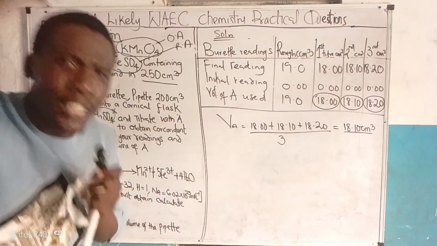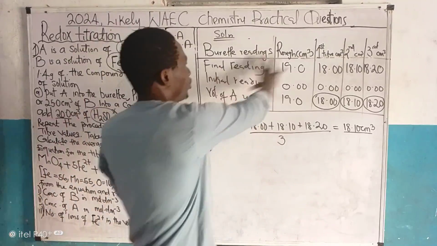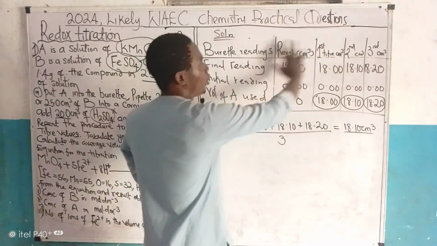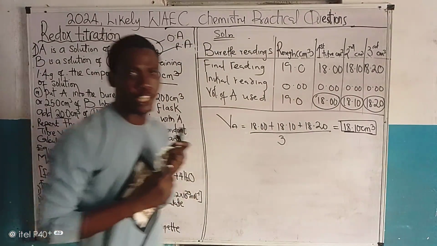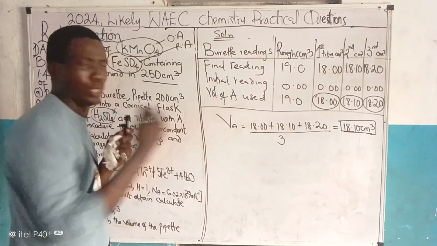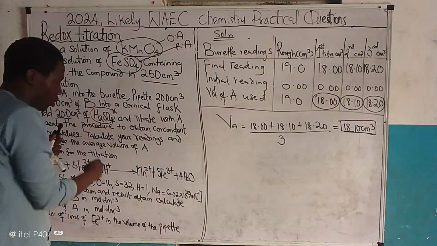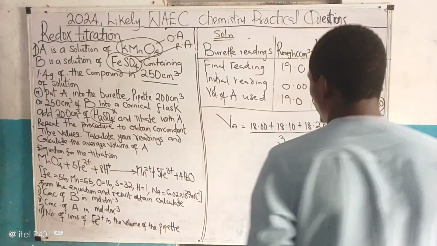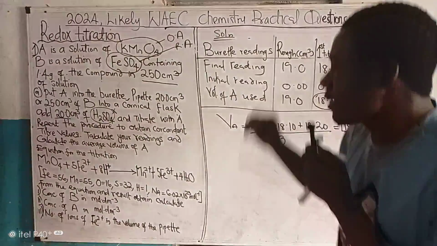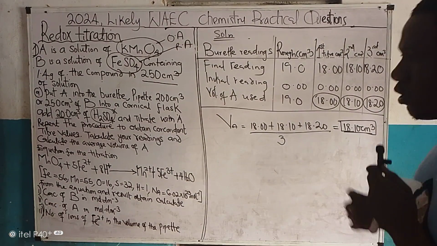So the purpose of this experiment is to get this table. So if you know your endpoint, you can manipulate your table this way. And when you are done with your table, then you calculate the average volume of A used. After doing this, remember I told you, you can now go on to do your calculations from what is given to us. Now, let's quickly solve this question one after the other. Take a look at this question again. The question says that